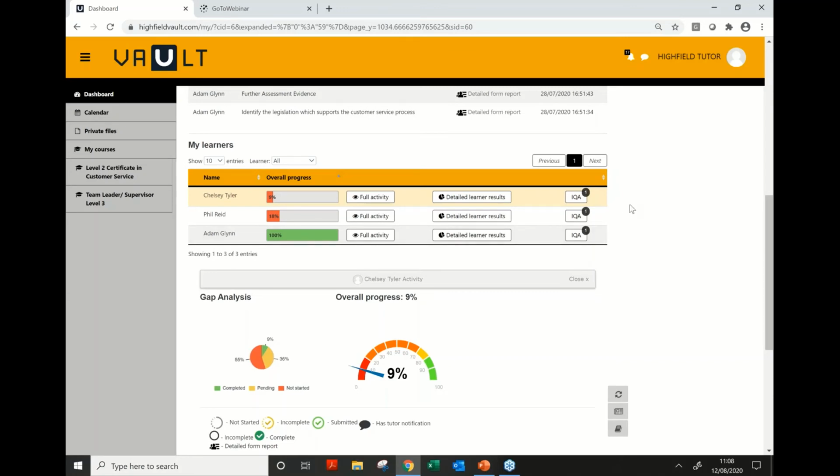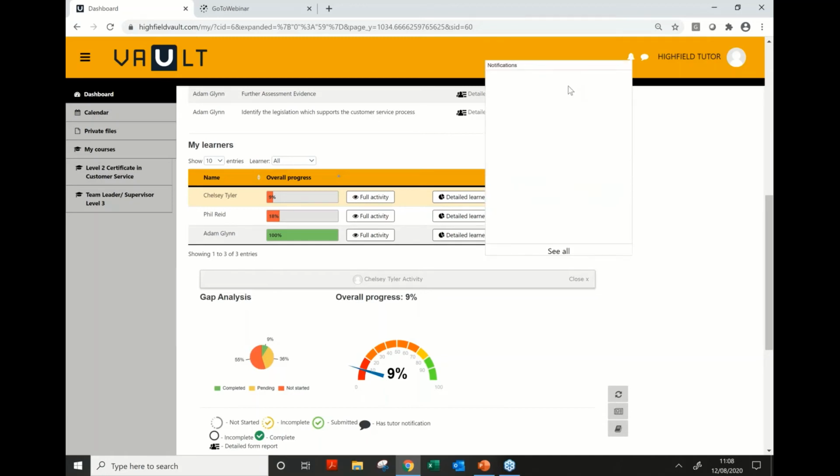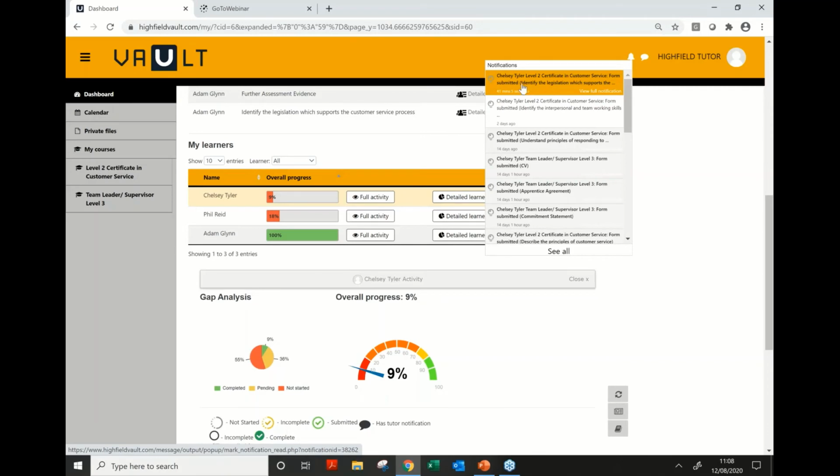So the quickest way to get to the latest submission, the one that we want to look at, is the notifications tab right at the top. So you'll see this tutor's got 17 notifications. If I click on that, what you'll see is the last submission, that dummy submission that we've just put in, at the top. So obviously it's saying that Chelsea Tyler, Level 2 certificate, customer service, has had a form submitted for identifying legislation which supports customer service process. If I click on that,